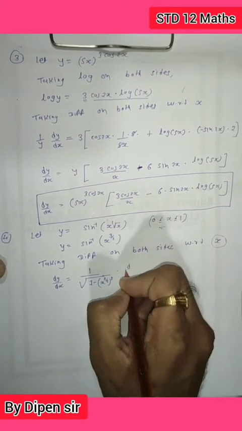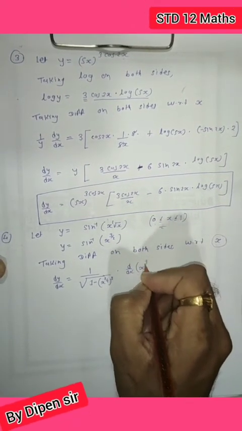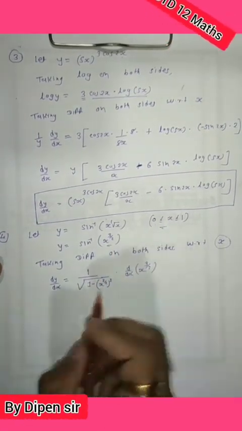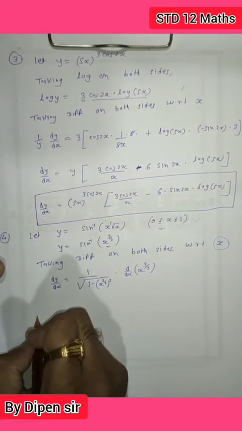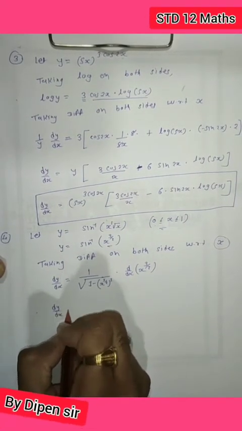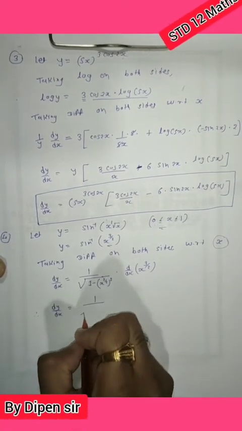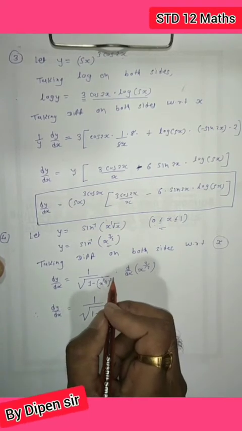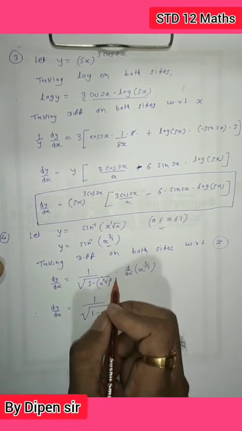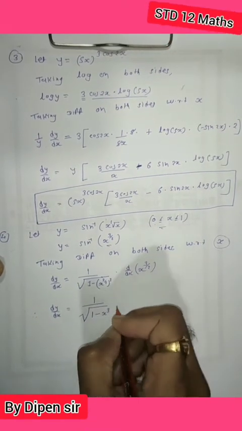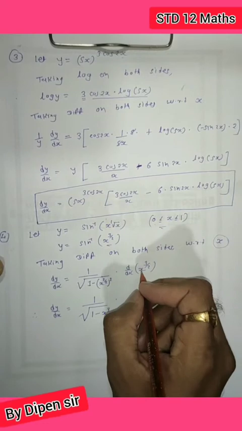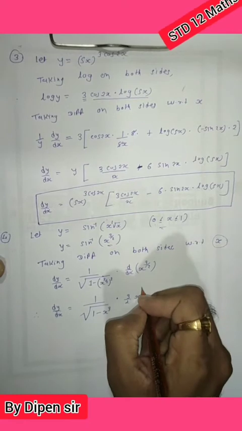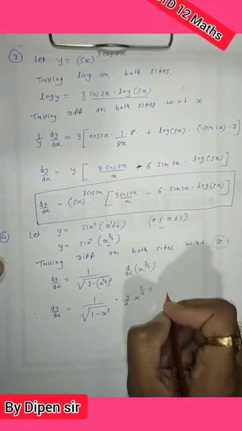Again you have to take the differentiation of the given function, because it's a composite function. So again you have to differentiate this x raised to 3 by 2. Done. Now dy by dx is 1 upon square root of 1 minus, this one is x raised to 3 by 2 square, so power of power is there, so 2 will be cut, it's a 1 minus x cube. Now here differentiation of x raised to 3 by 2 is 3 by 2 will come into multiplication into x raised to 3 by 2 minus 1.